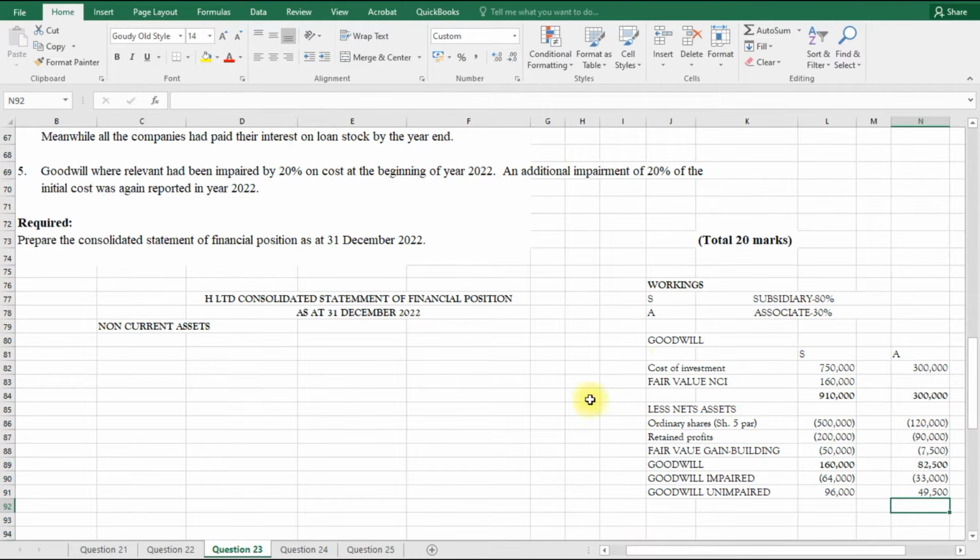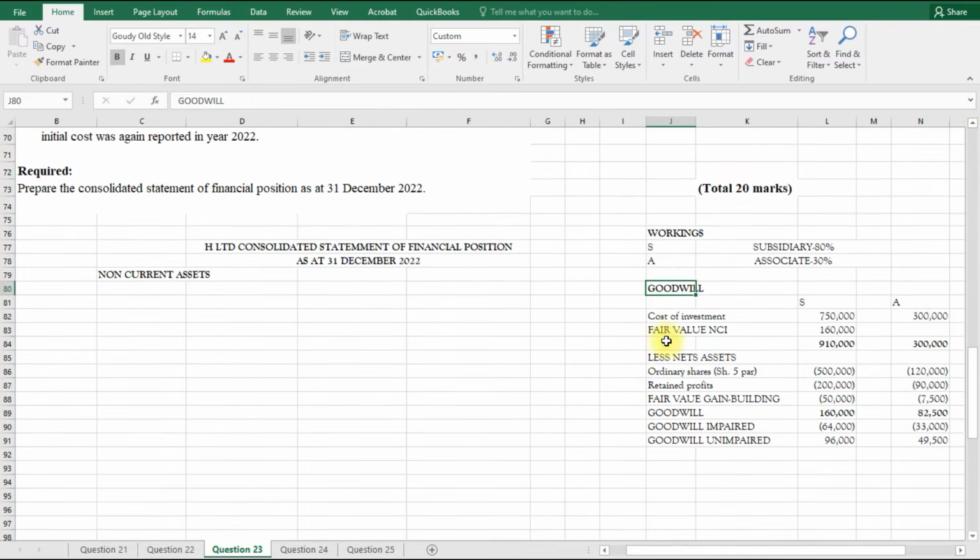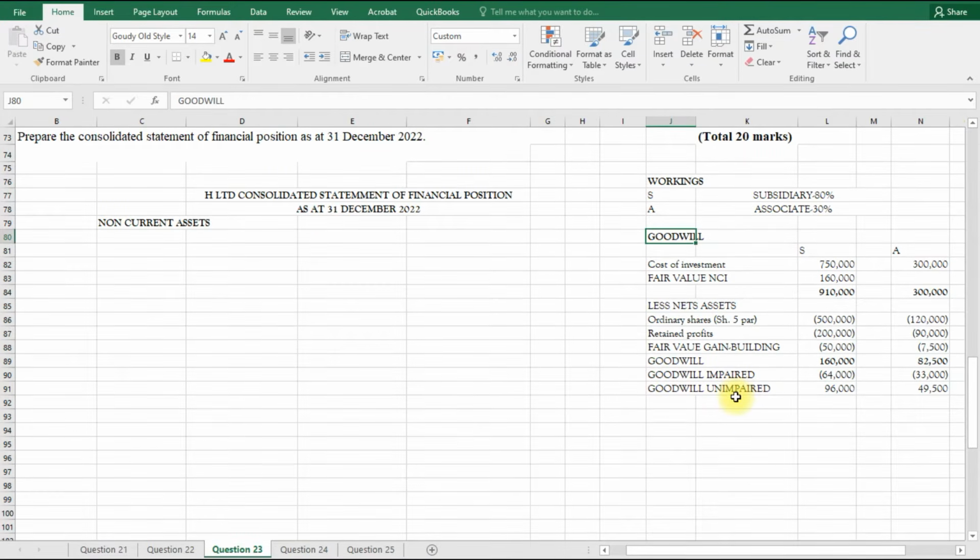And we are done with the calculation of goodwill. The next thing we shall need to do calculation on is fair value depreciation. I just start it here, hoping it will not affect fair value depreciation. Fair value depreciation, and for the fair value depreciation, this was on building,